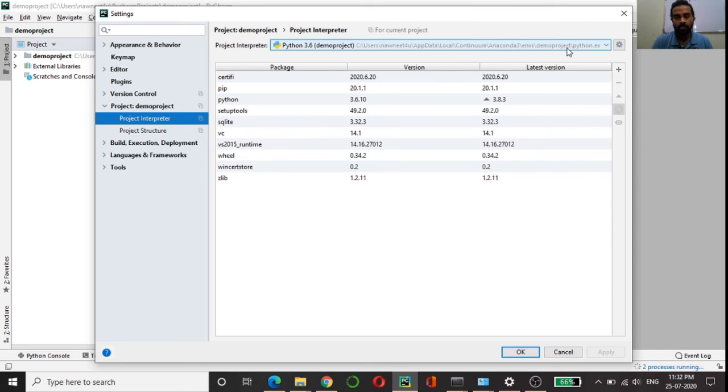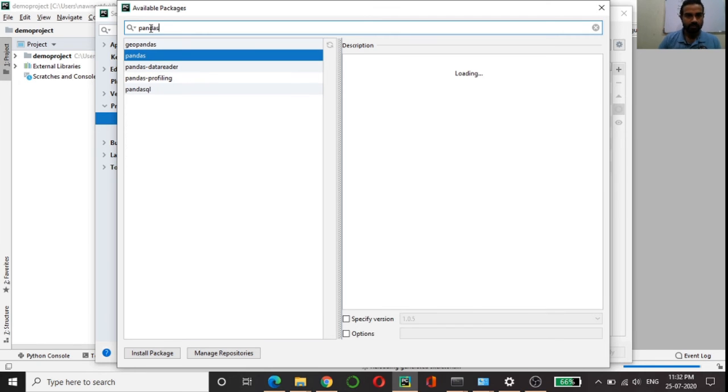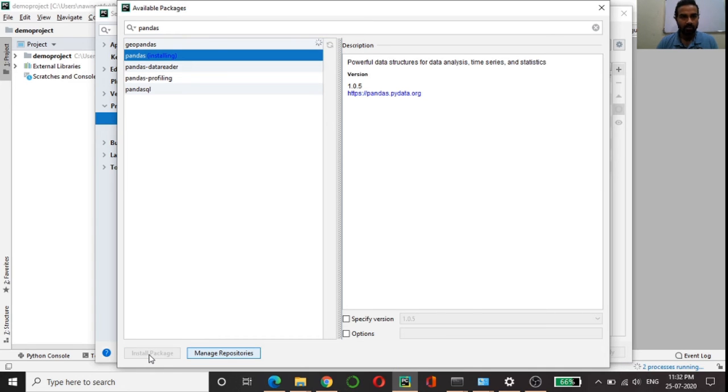Now this part shows what all packages are installed in this environment. To install a new package, we can click on plus, and we can search for those packages, and we can simply click on install package.